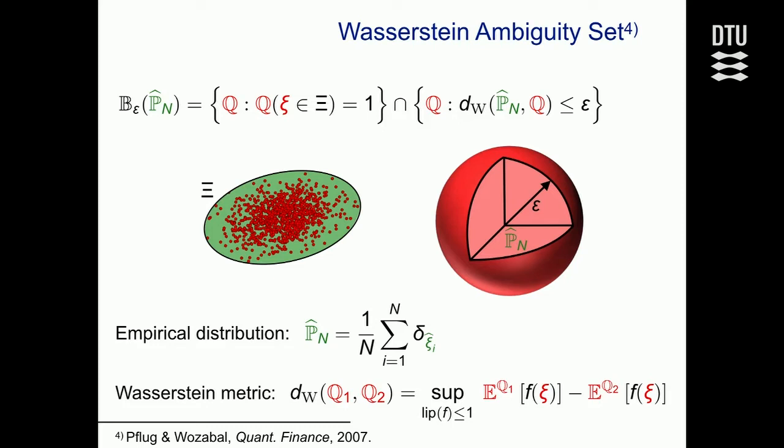We are pretty sure that the true distribution does not look like that. But it makes sense to assume that the true distribution is close to that distribution. And we say here it should be within a distance of epsilon. Epsilon is a prescribed tolerance. It's the radius of the ball. So you fix it as a decision maker. Now the most important thing is, how do we measure the distance between two distributions?